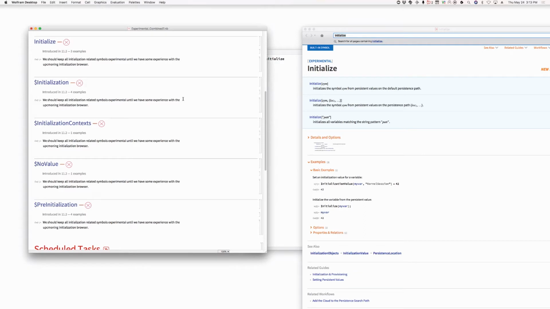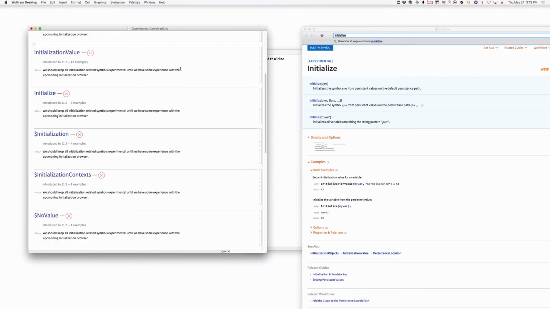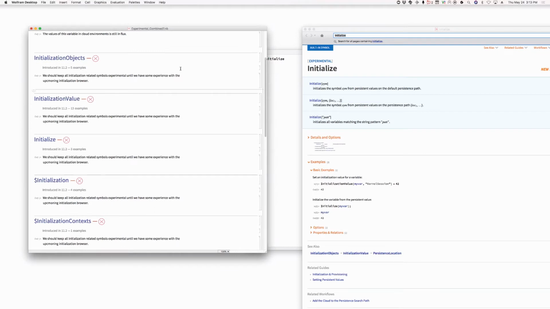Okay, once we consider the persistence to be stable enough and Initialize without any arguments will work to duplicate the kernel initialization, then one more thing that is needed is the initialization browser, because as soon as we support persistent values, we need some easy ways for users to browse these values.